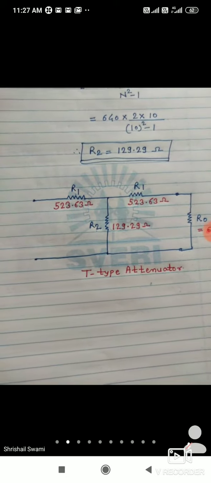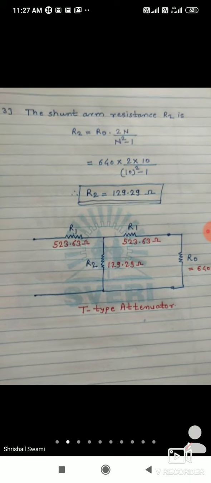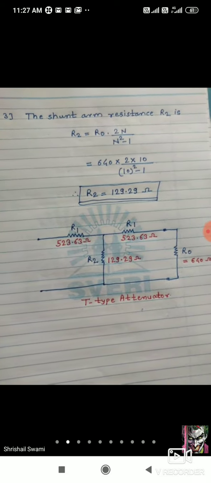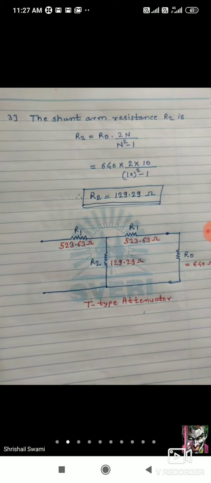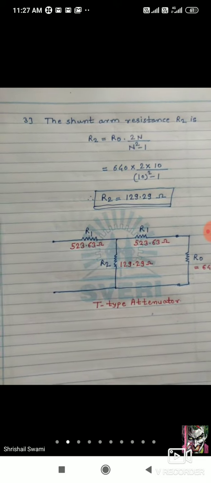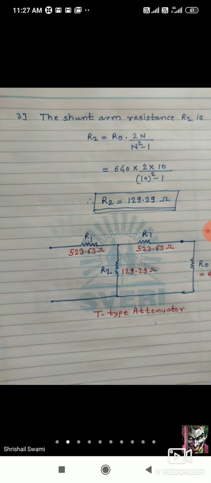Okay, so any doubts in the T type design? Okay, very easy it is. So in the next lecture we are going to start the pi type attenuator. Okay, so we will stop now. So how many students